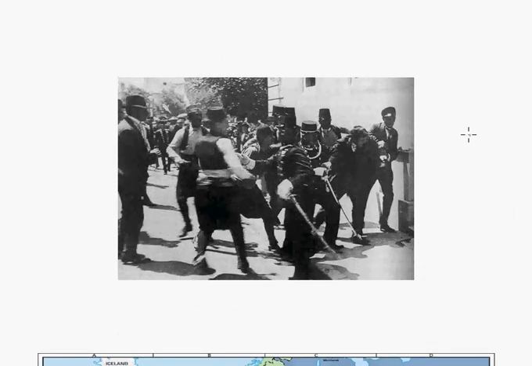Here's Gavrilo Princip. Moments after the shooting, he took cyanide. He thought he took enough to kill him. The cyanide was old and bad, so it only caused him to throw up. So he would throw up on the ground and stuff like that, and they arrested him.